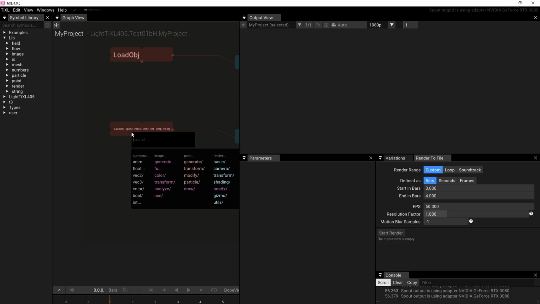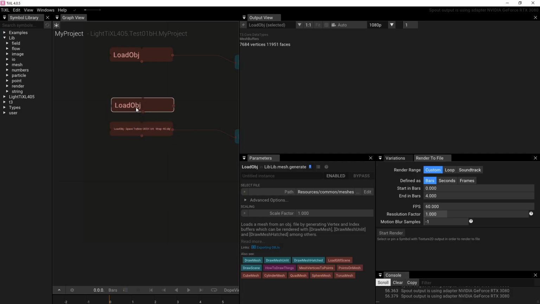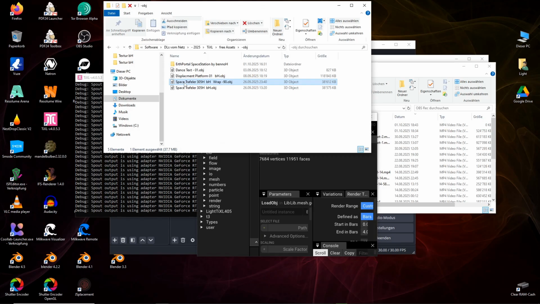So you press the tab button, and then you type in OBJ, and so you find here load object. You touch that with the mouse, and you got this load object. And from this load object you go here to the path element, and then you switch through the folders to your directories and load this element, this